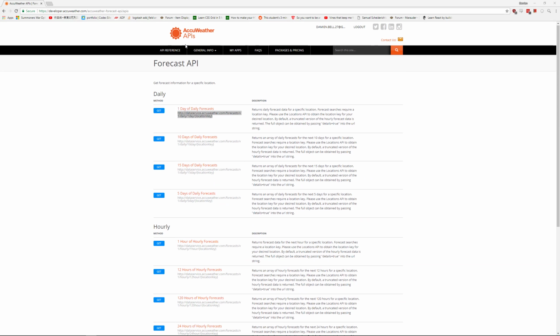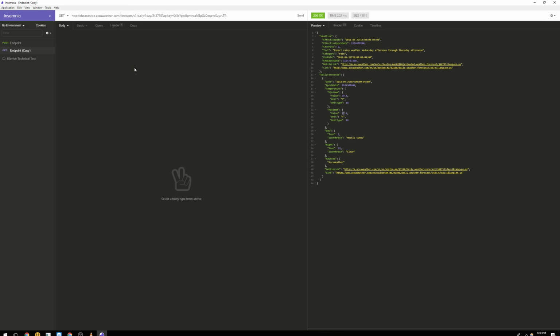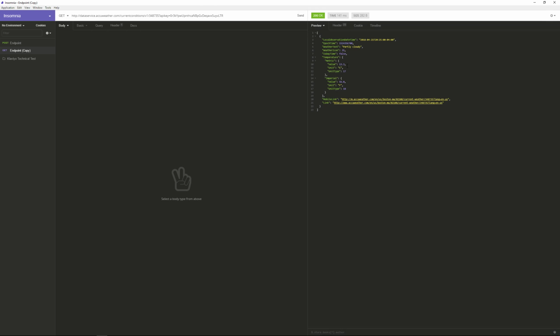I think you can break this down into getting current conditions. So if we do the same thing and pull the endpoint, we can replace this part, get rid of the location key there. We grab this, and now the current value is in metric 13.3 C or 56 degrees Fahrenheit is the current weather outside. So given that, that's how you do an HTTP GET and start to interact with these